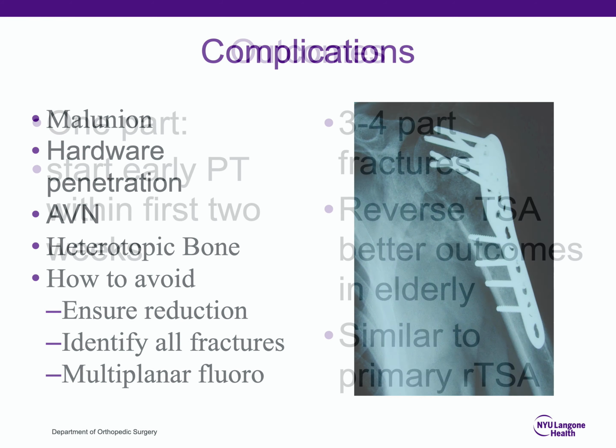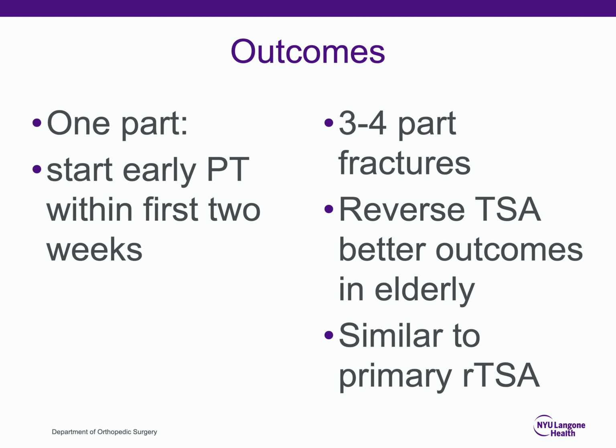no articulation. Outcomes can be good to pretty good, especially 1-part fractures should have excellent outcomes as long as you start physical therapy or mobilization early. If you send them for PT within the first 2 weeks, as has been shown by studies at our institution, they have a very good outcome. For 3 and 4-part fractures, the outcomes will be better in the elderly with a reverse shoulder arthroplasty. Point to remember for your boards that the results of a reverse shoulder arthroplasty for fracture now approach those for